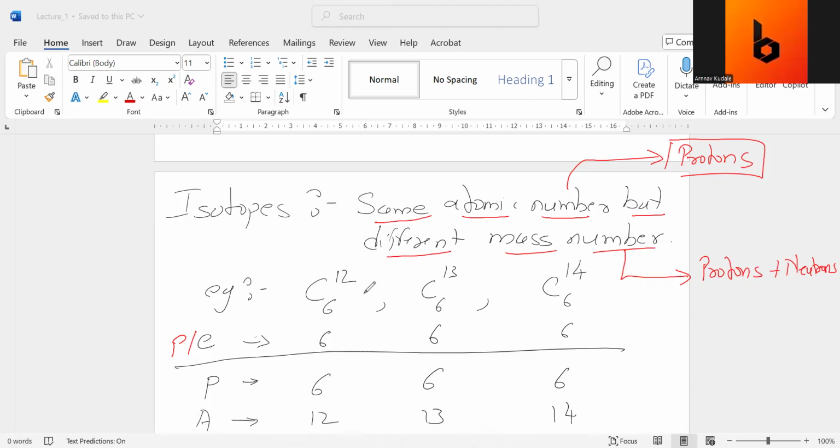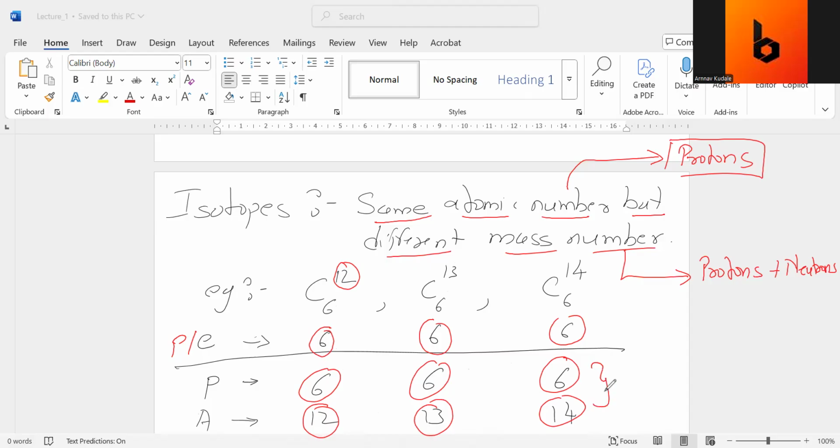So now when you have carbon 12 6, carbon 13 6, carbon 14 6, these are the three isotopes of carbon. The proton number is 6, that is the atomic number. And the mass number is 12, my bad. Correct? So the difference of this